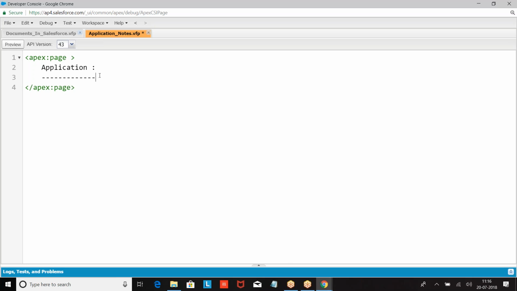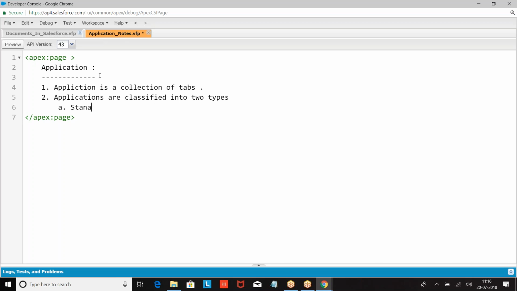Now let us go to the next one. Quickly, let us see the points here. Application is a collection of tabs. Applications are classified into two types: standard application, custom application.